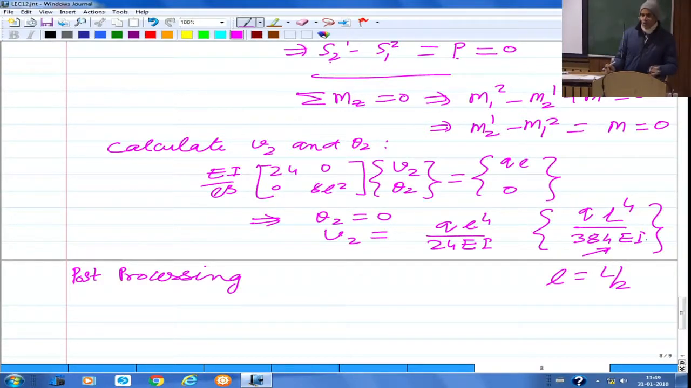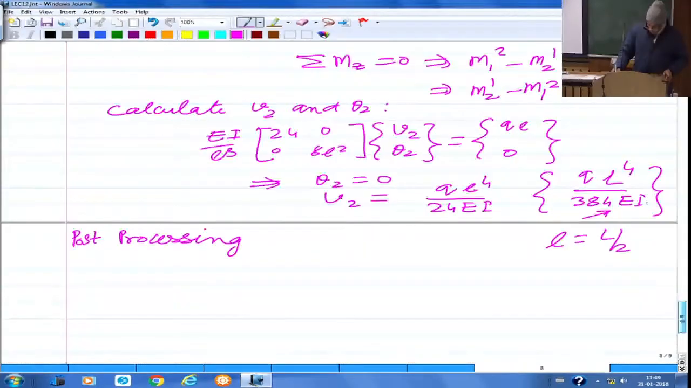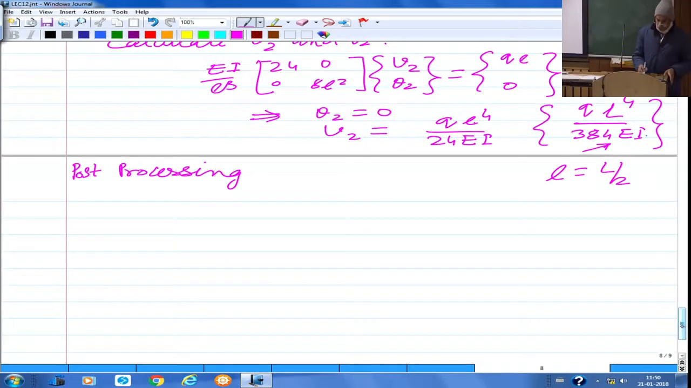So at the node points we had got the exact values of the primary variables, that is displacement there, but in between there was a difference. So same is the situation here. So now if you want to do post processing, let's say for element 1,